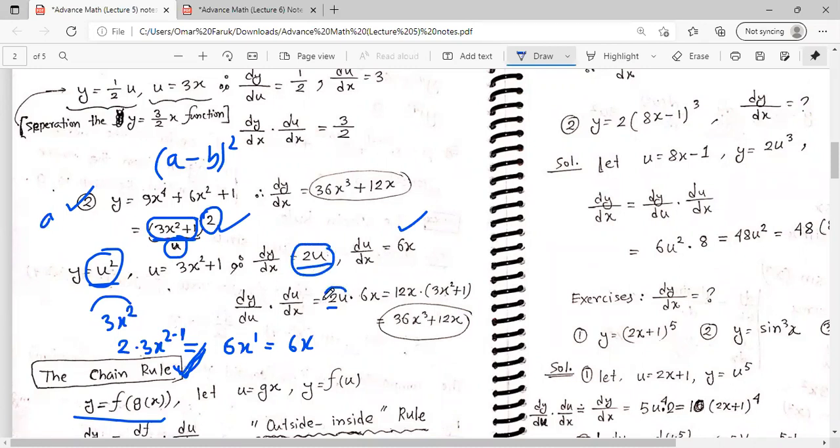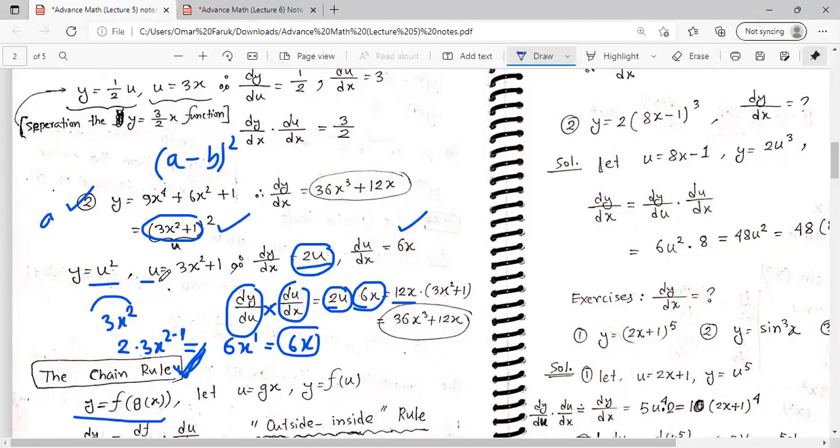Okay. So here we write our outer function, and now about the inner function. Here is 3x squared plus 1. The derivative of 3x squared plus 1 is 6x, right? So here is our 6x. And our chain rule tells us to multiply the outer function and the inner function. So it will make 12x. And now we substitute u, because we already imagined u is 3x squared plus 1. So this is our final answer.